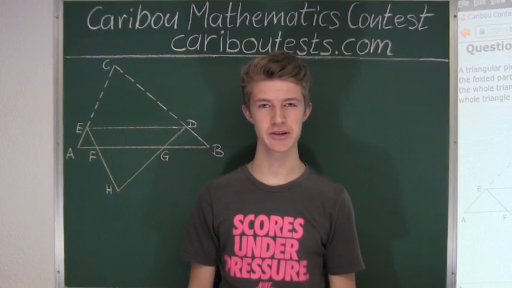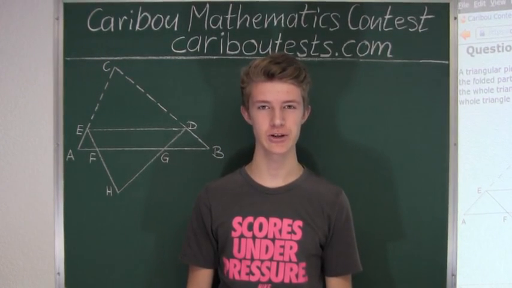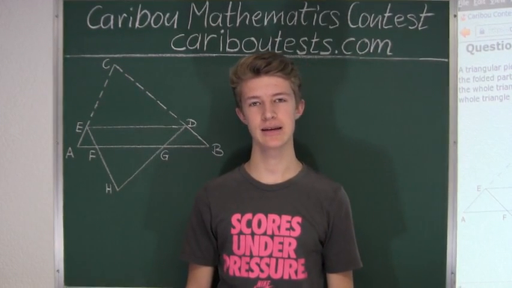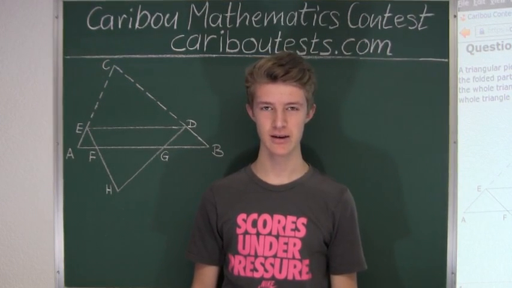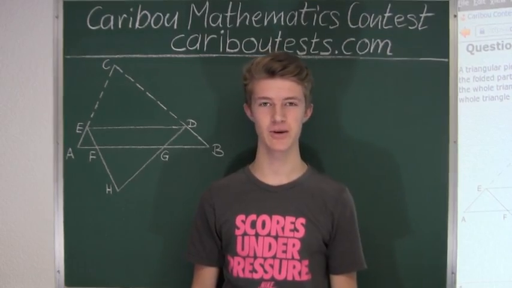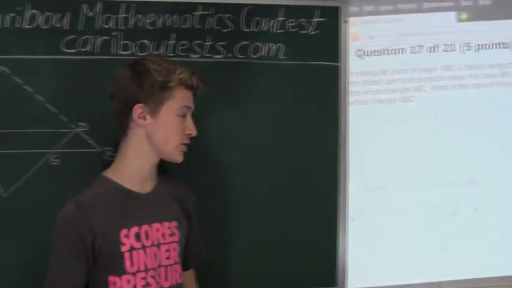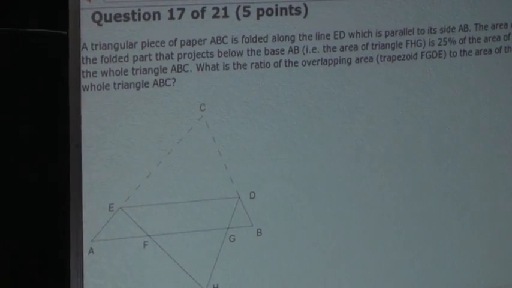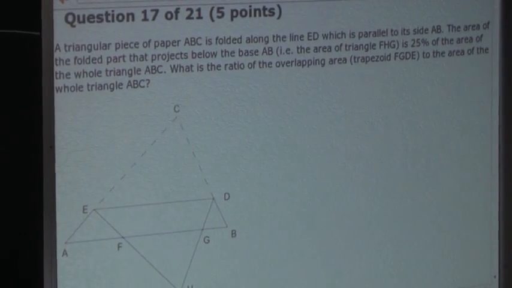Hi, this video is about the Caribou Mathematics Contest. I'm going to show the solution for the October 2014 Grade 9-10 Contest, question 17, which also came up in the Grade 11-12 contest. So the question is, a triangular piece of paper, ABC, is folded along the line ED,